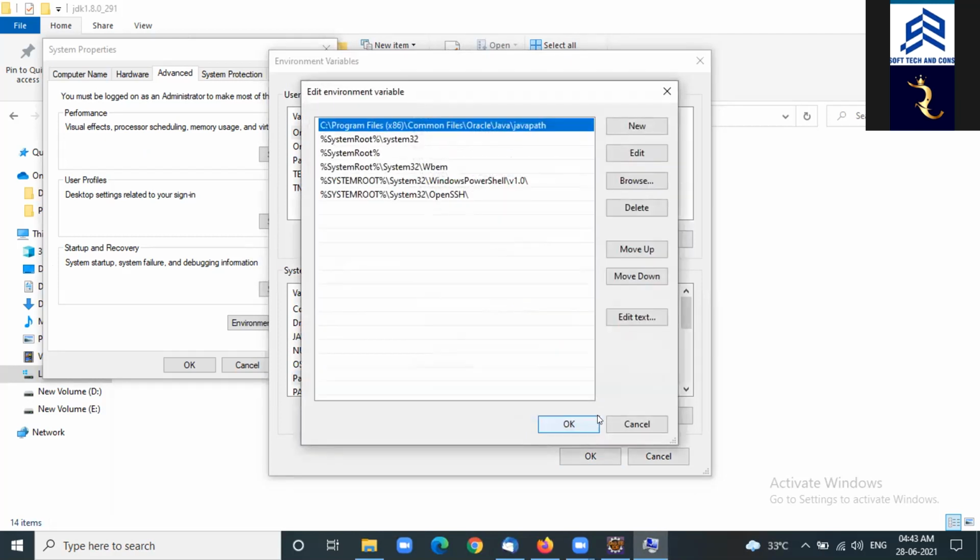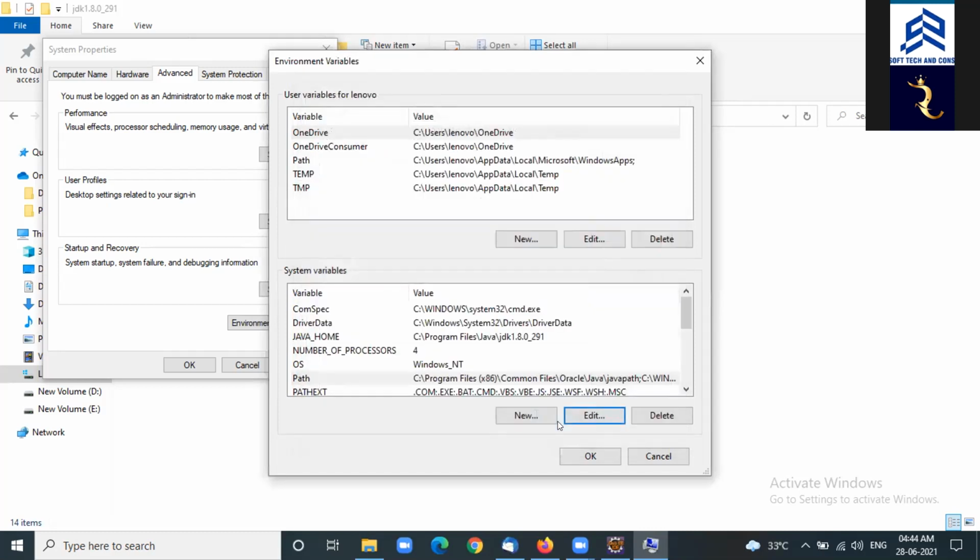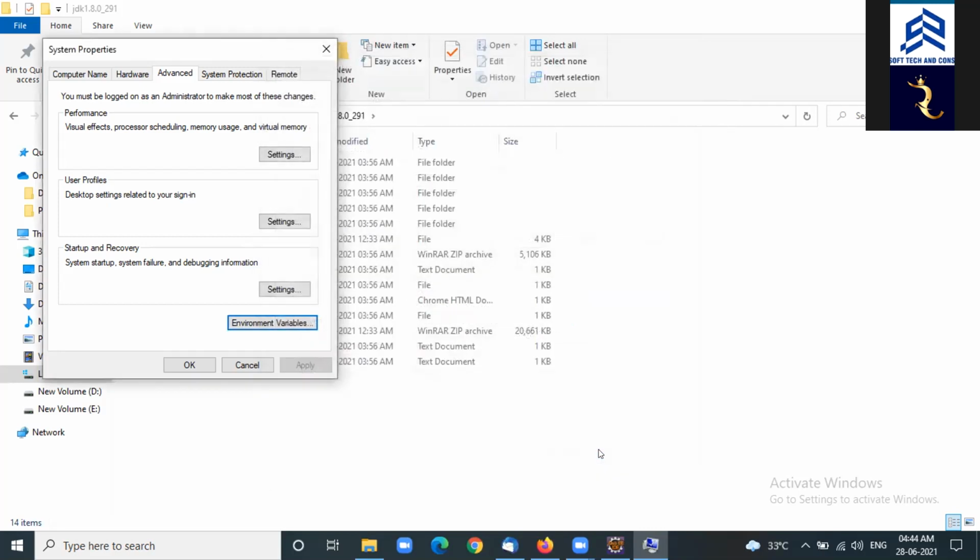Just the Java path we have already added, I think. Click New. Copy that path over there. Click OK. That's it. Click OK. Okay. You can unshare now.